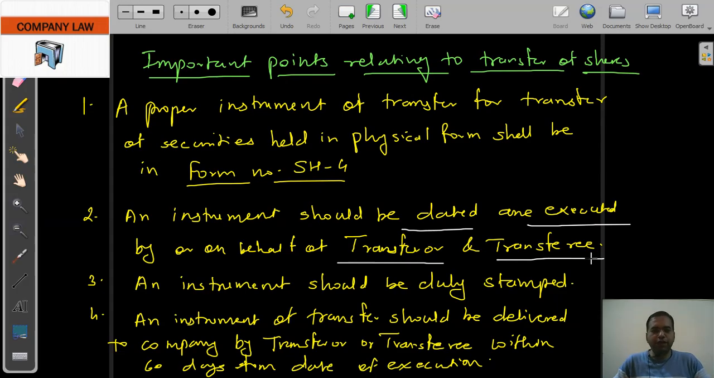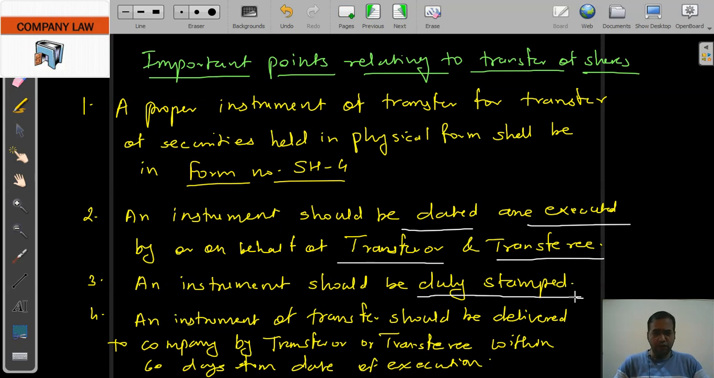So what types of details should be there? At which price the transfer is taking place, because the stamp duty will be based on the price of the shares. How many shares are going to be transferred, from whom to whom. So it is a kind of agreement or contract, you can say, as the instrument of transfer is a kind of contract only between the transferor and transferee. It should be duly stamped. So normally the Indian Stamp Act will be made applicable,